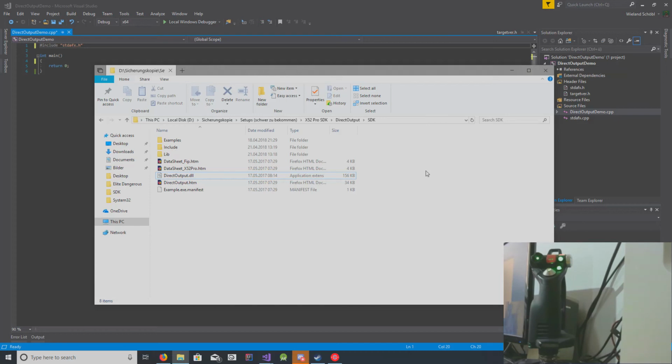Today we're going to show you how to program the X52 Pro joystick, both the lights at the joystick as well as the MFD on the joystick. So, the way we'll do this is we will